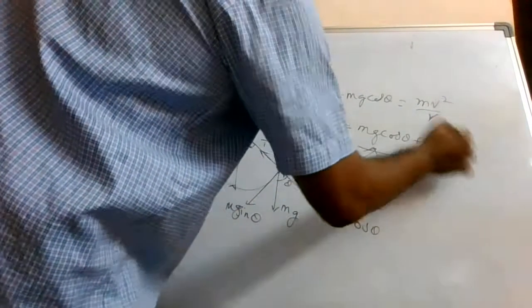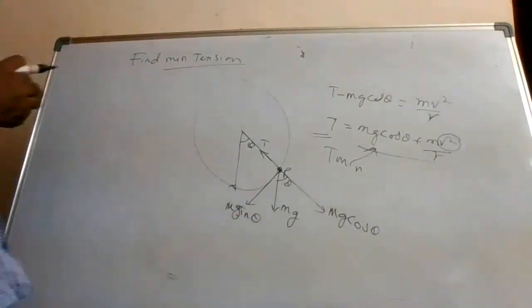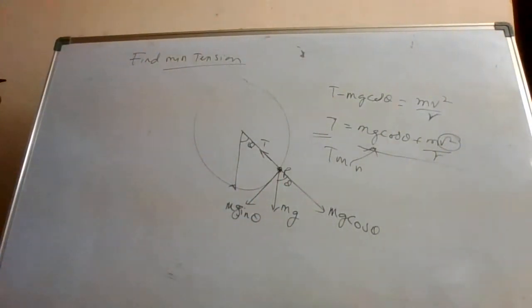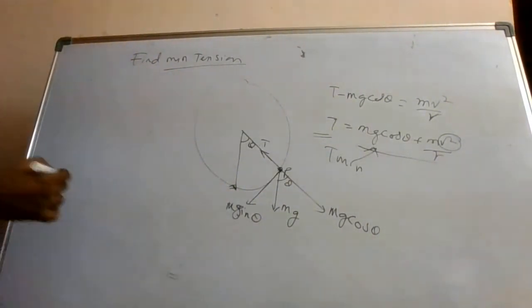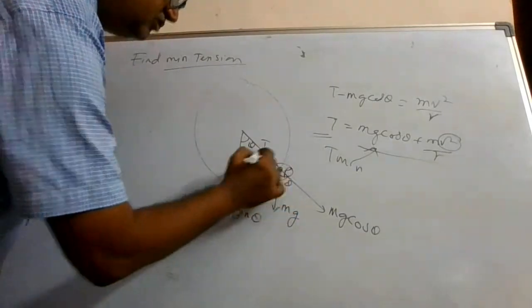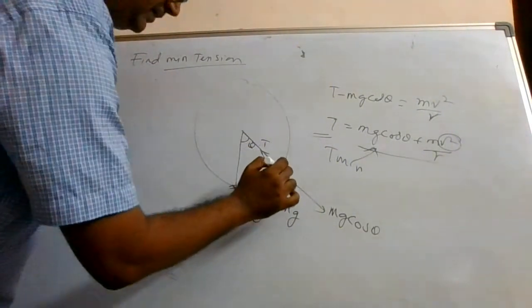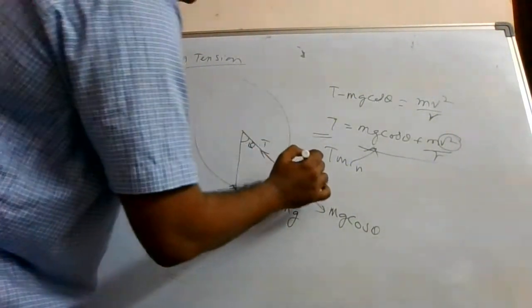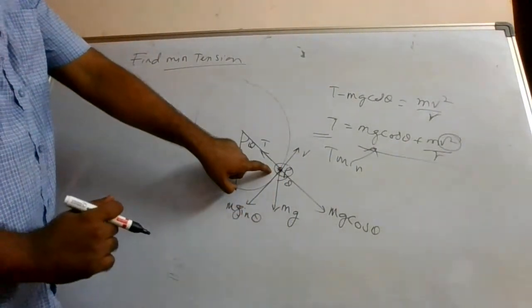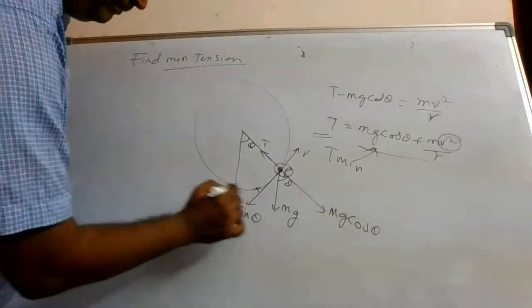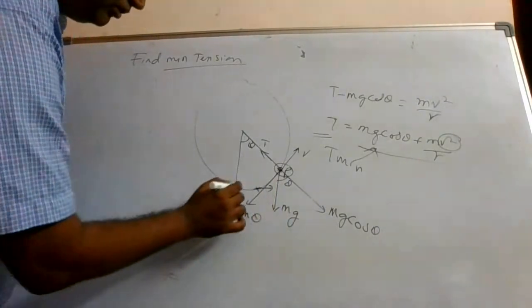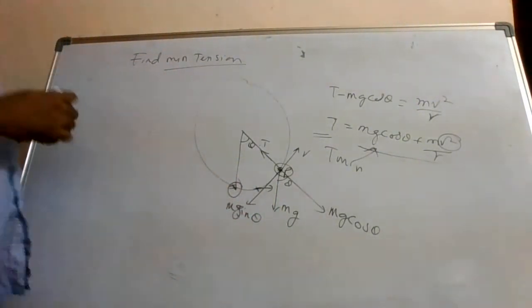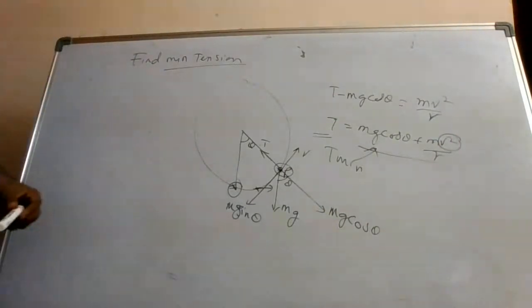Now notice this V value. What is this V value? It is velocity. Now velocity at which point? It is the velocity at this point. We are assuming that here the speed is v. So this v is the velocity at P. Alright. If the position was here, the velocity at this point you have to consider, not this point. You know how to calculate this velocity value at that particular point. I have told you how to calculate that. Once again I will do it so that you easily understand.